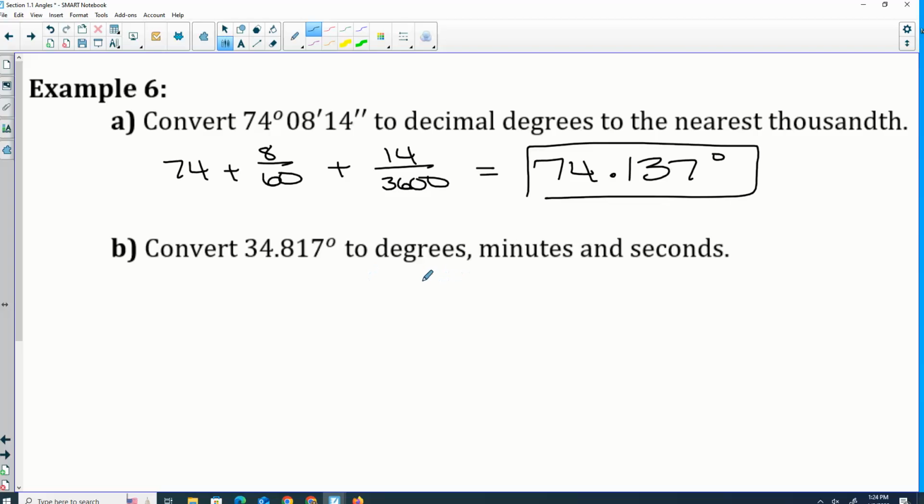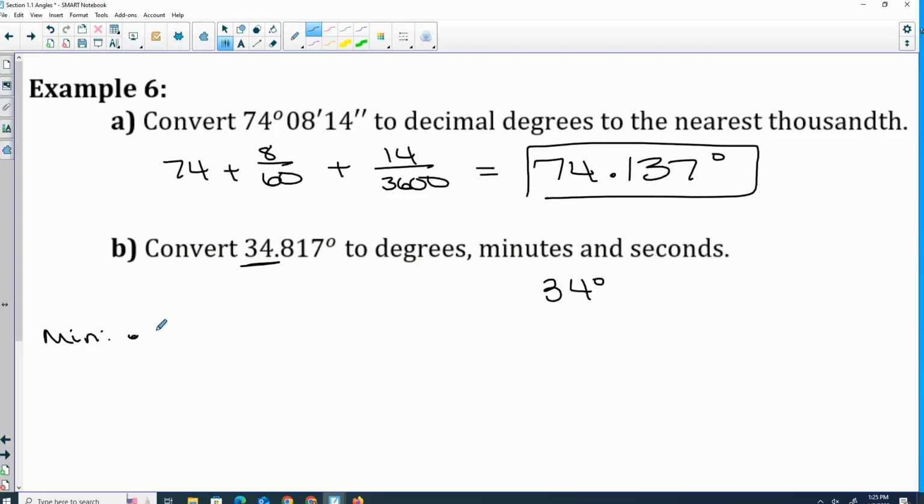Okay, if we have decimal, how do we get to degrees, minutes, and seconds? Well, to get decimal, we divide it by 60. So to undo it, did you say multiply? Okay, so the opposite of dividing would be to multiply. Now the degree part stays. So our answer is 34 degrees. To get our minutes,